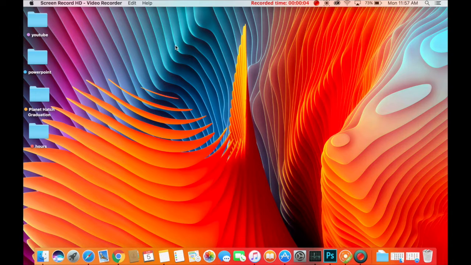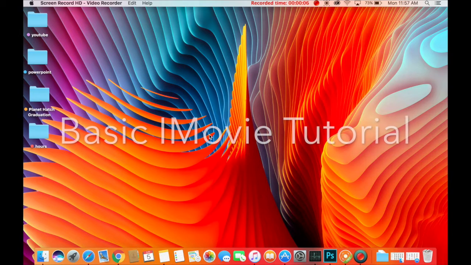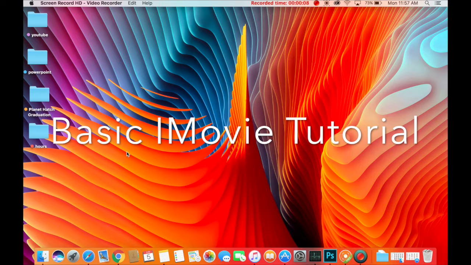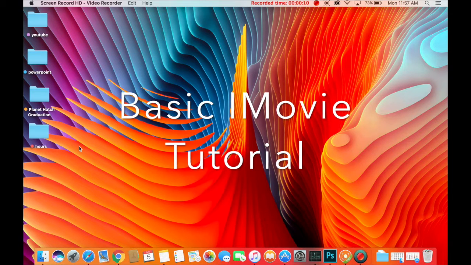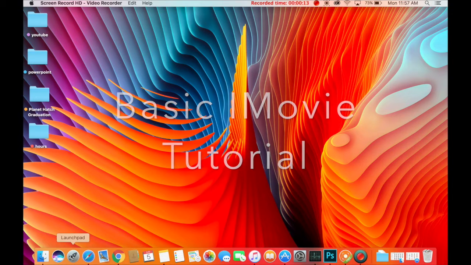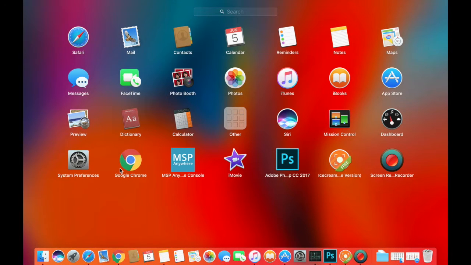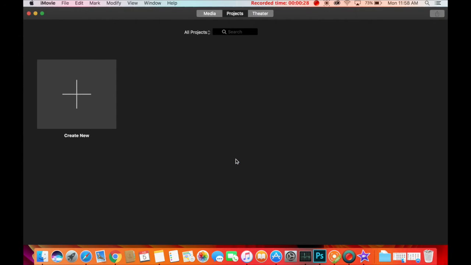Today I'm going to be teaching you how to do basics on iMovie, everything that is essential for doing the simple stuff. All of the information I am going to be talking about in this will help you in the future. So the first thing you're going to want to do is click on the iMovie icon as it is